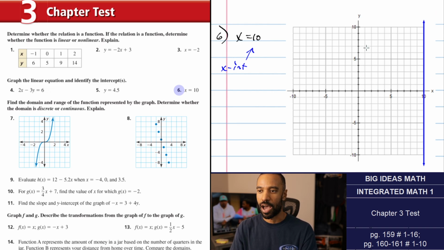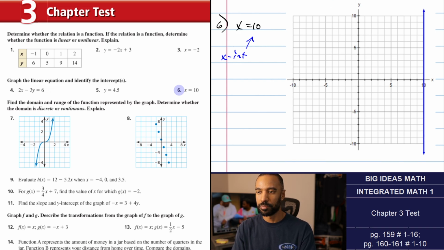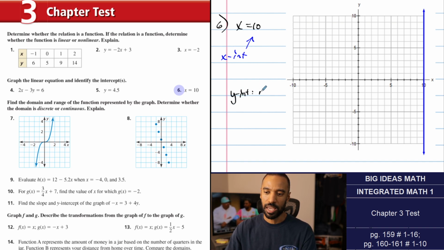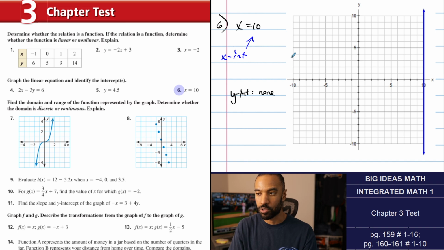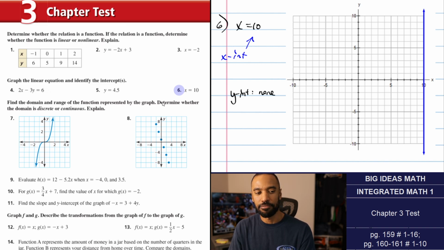Undefined slope. Not a function. It's linear, but not a function. So y-intercept's none. And that'll be it. This can't be written in y equals mx plus b form, so we'll leave it. That's all. All right, numbers 7 and 8 say find the domain and range, determine whether it's continuous or discrete,